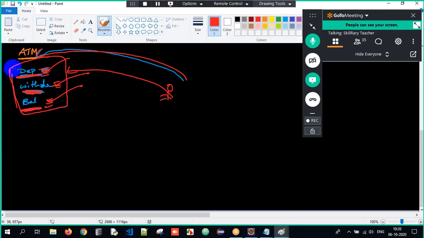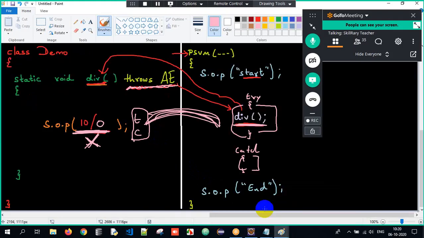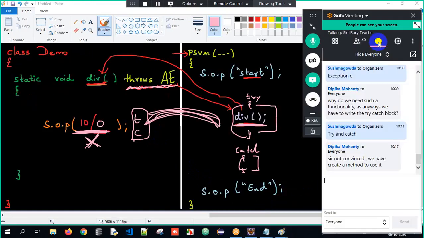If you're utilizing the feature called deposit, that is when we are supposed to handle it. Correct. If you're utilizing the feature called withdraw, and there might be 1,000 people, not one or two people will be using it. So we will have those features: deposit, withdraw, balance, FD, recurring deposit, loans, credit card, debit card. So many features we have, but we might come across so many problems also. Is it necessary to handle it all the time? No. Only when I use this feature, we will try to handle it. So that way we are trying to avoid misuse of costly resources here. That's it. Now, did you get the clarity here?